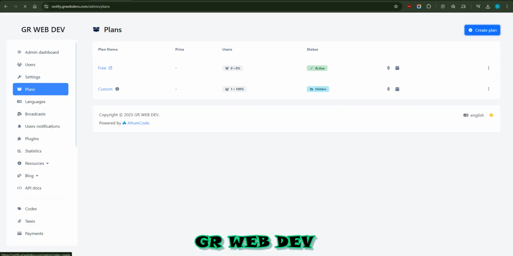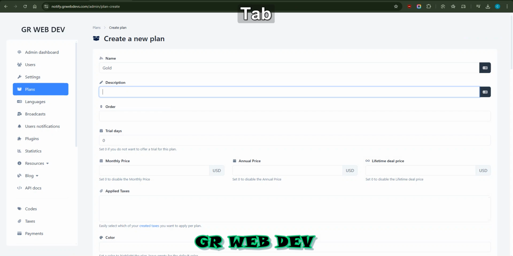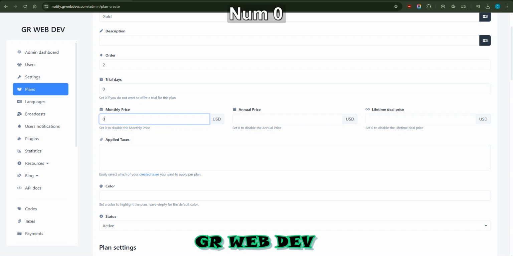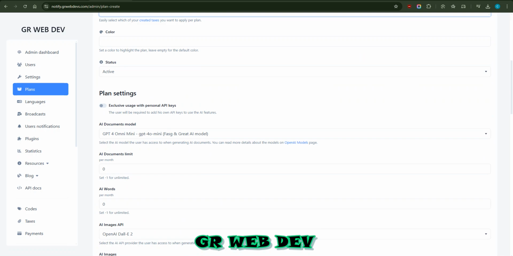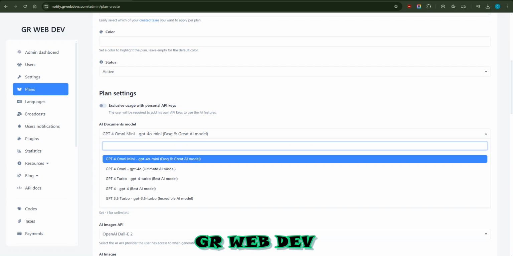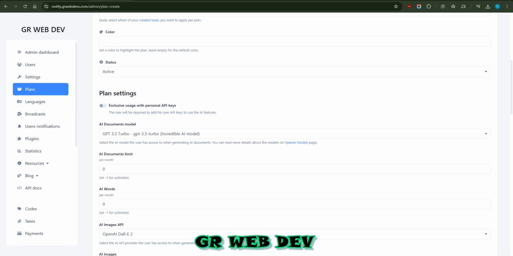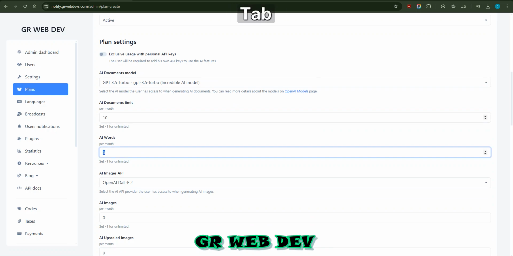Like, I'm now going to create a new plan and name it gold, and description, anything you need to write. Monthly price is 000. Okay, and status active. And GPT-4o and best, let's use this, and AI documents limit and AI words